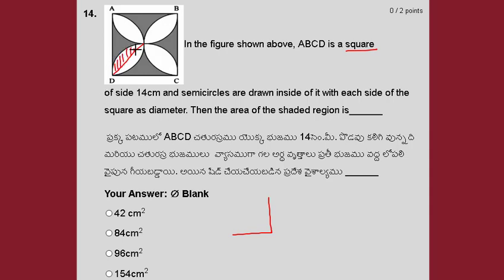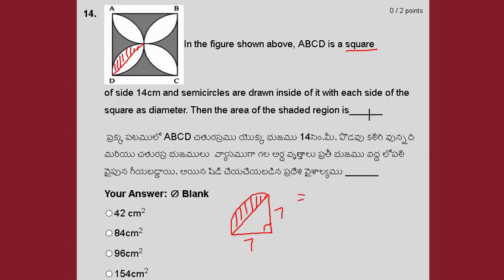Now we can find out the area of this region. Let us draw a separate diagram like this. This is a right triangle and this length is 7 centimeter and this is also 7 centimeter. Now to find out the area of the shaded region, first find out the area of the triangle and then the area of the sector. Then area of the sector minus area of the triangle gives us the area of the shaded region.